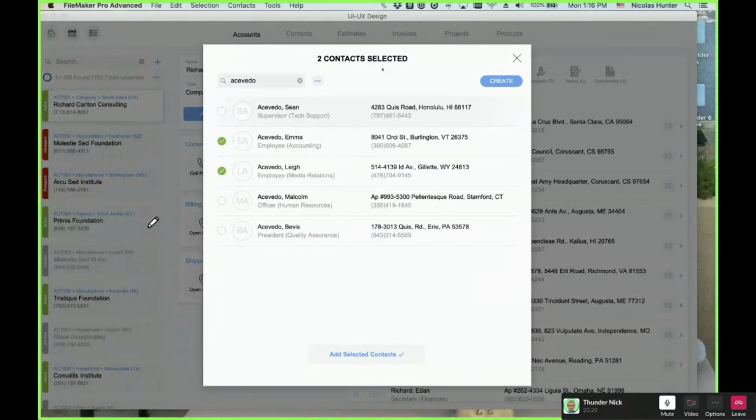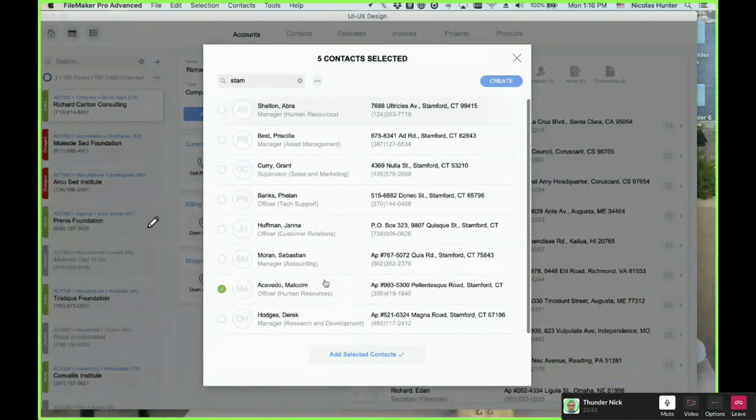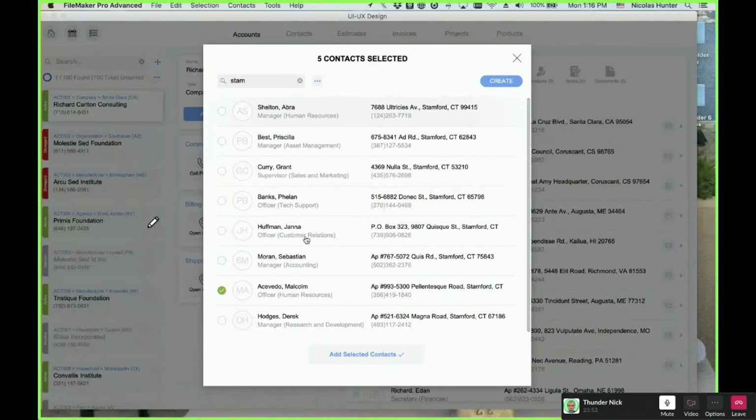Here I have 2 contacts selected. So if I select all of them, it should show me 5 contacts selected. So I select all, and I have 5 contacts selected. Now I'm searching somebody else. I'm searching those people here. I have 5 people selected, and one of those 5 people that I already have selected, I have this guy